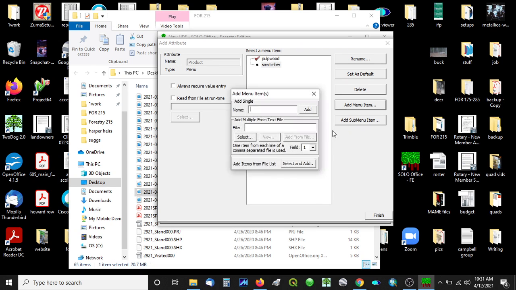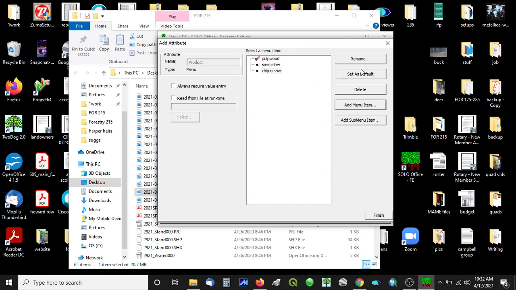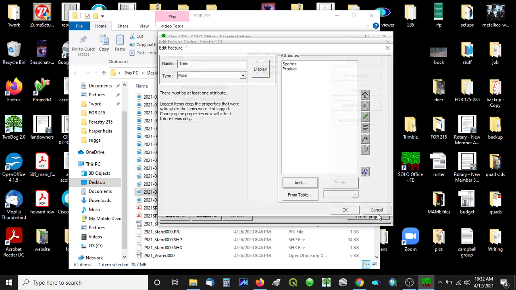Select add and then add another menu item, chip and saw. Add, and that's enough there. So we'll click Finish,